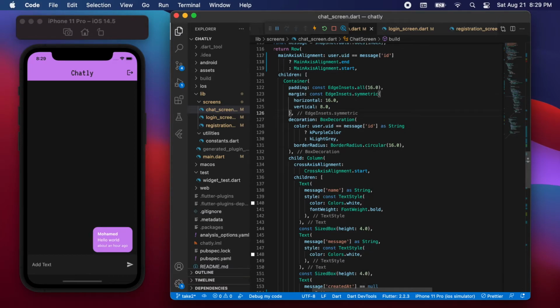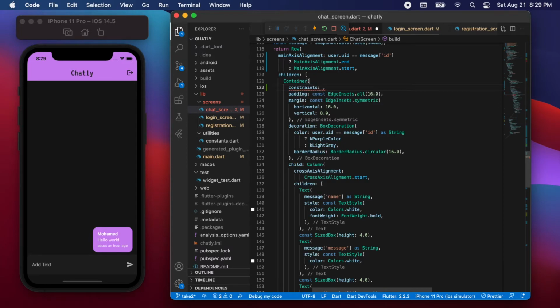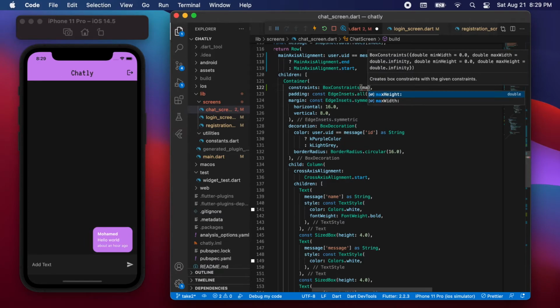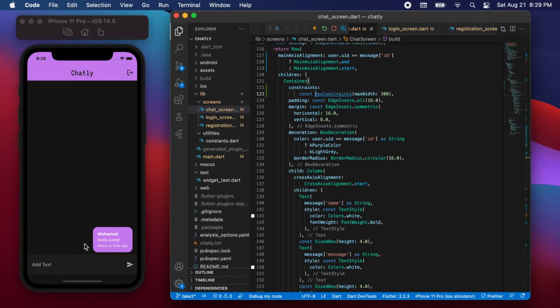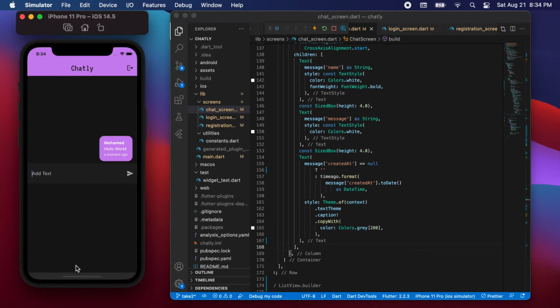Now we also need to limit the size of the container, so let's add some constraints, and then we're going to say BoxConstraints with a maximum width of 300. That way the chat bubble can't take the size of the entire screen. So let's test this out. So if we say hey,